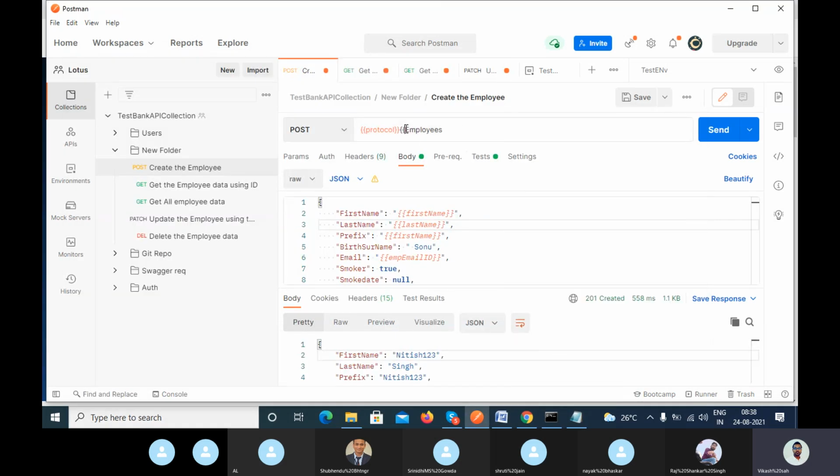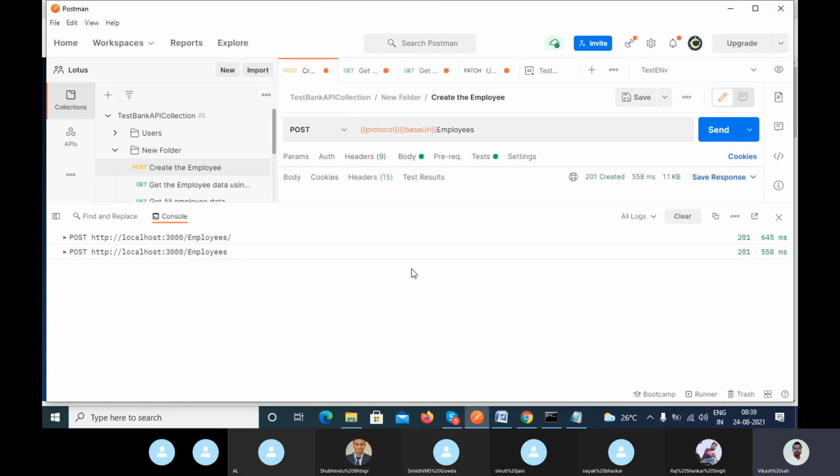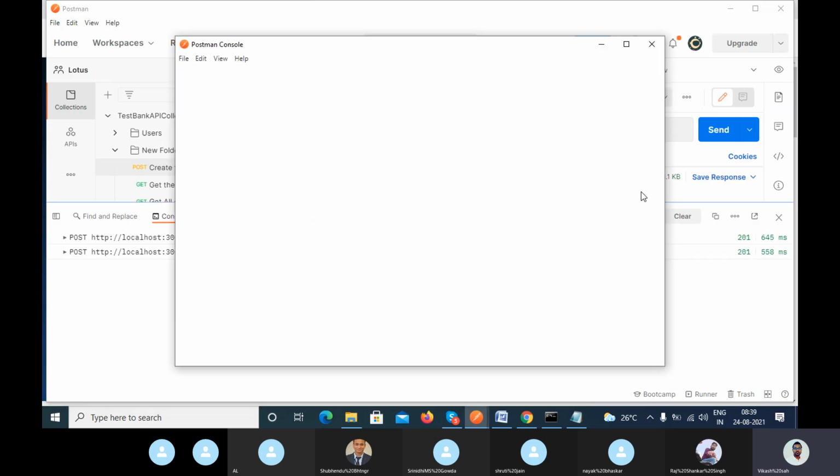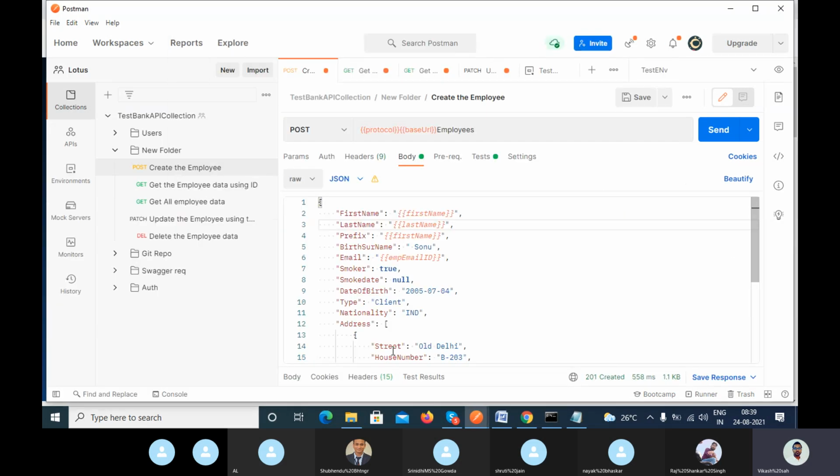Take it and pass it here, right? Now if you hover your mouse, can you see it here? It is in the green and it's showing the initial value and the current value, HTTP and the base URL. Okay, so let me open the console in the new window and